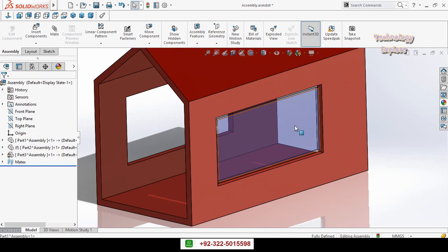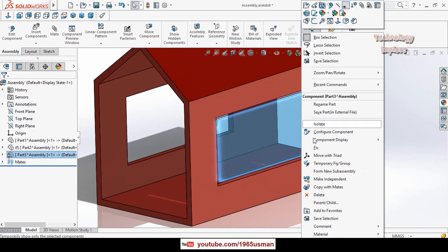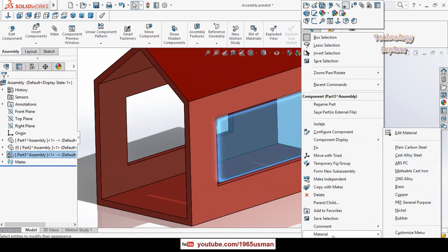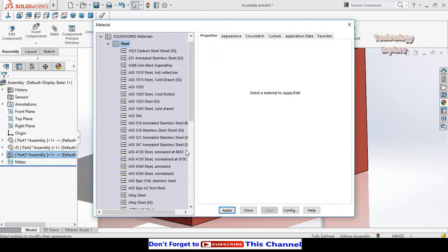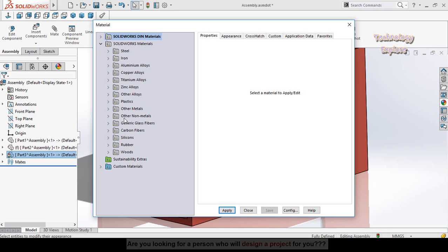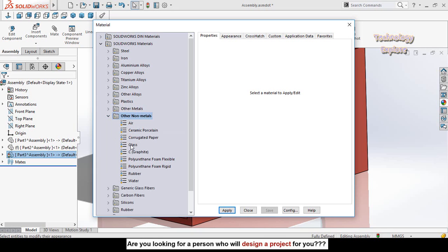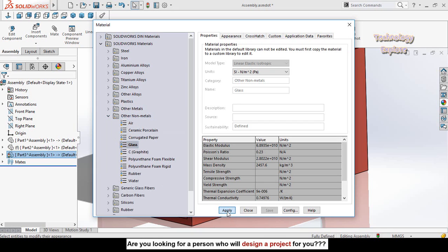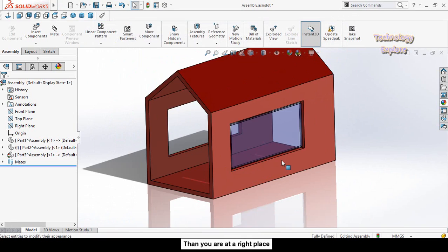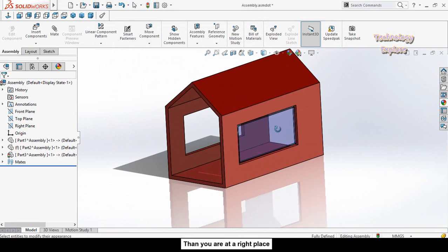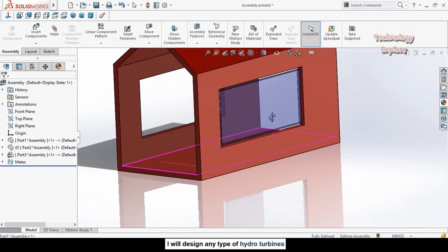So this is how you can make the glass in SolidWorks. There is another way to make glass in SolidWorks. So for that, right click on the part, then go to material, then select edit material. So from here select or expand other non-metals, then from here select glass and apply, then close. So this is the another way to make glass in